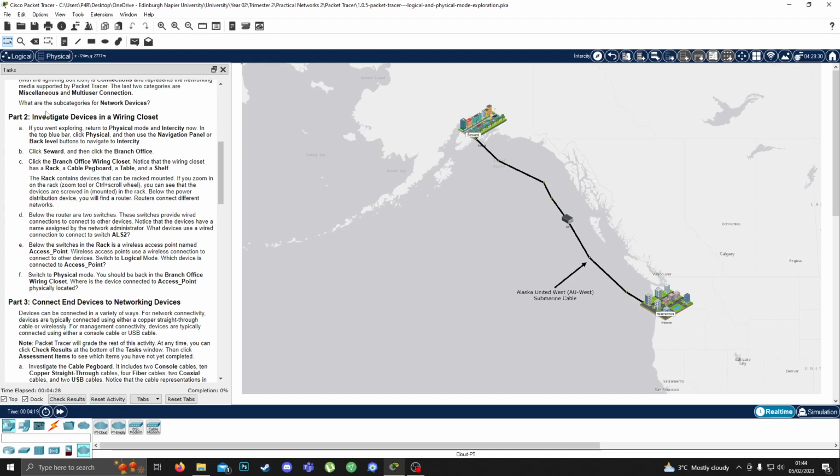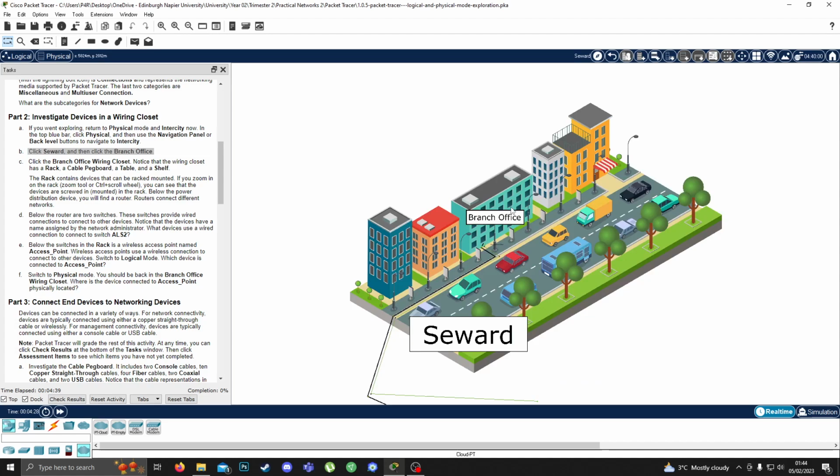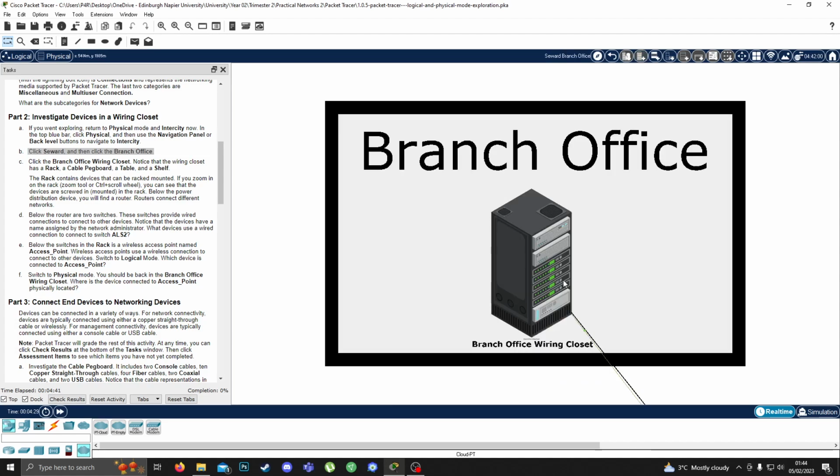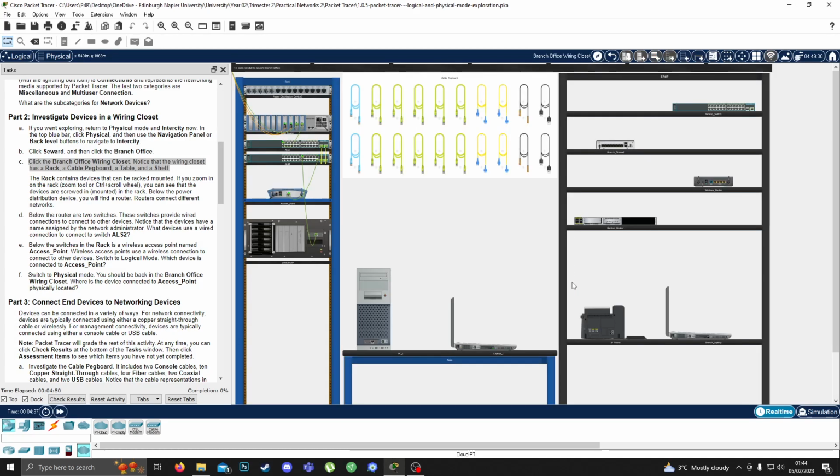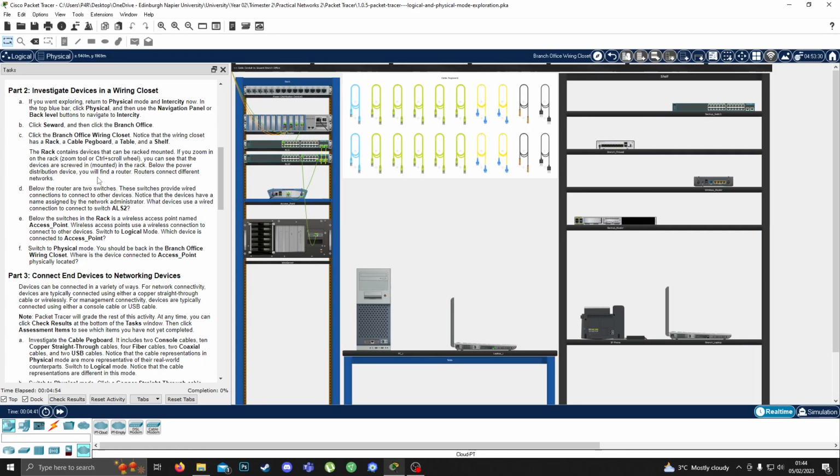So part two, investigate devices in a wiring closet. Okay, so if you went exploring, just make sure you return back to the screen here. Click on Seward and then click the branch office. So there we go, Seward branch office. So now click the wiring cabinet or closet. Okay, so here in the wiring cabinet,